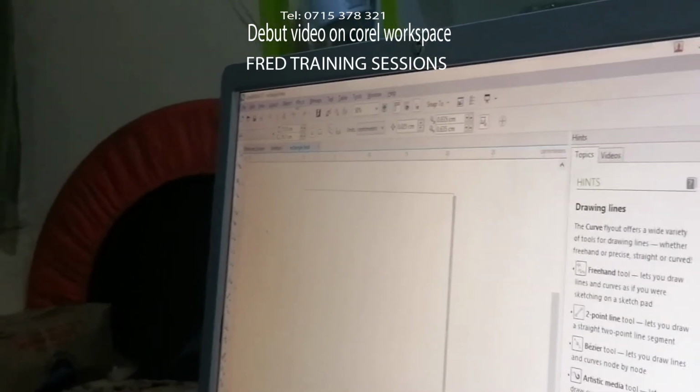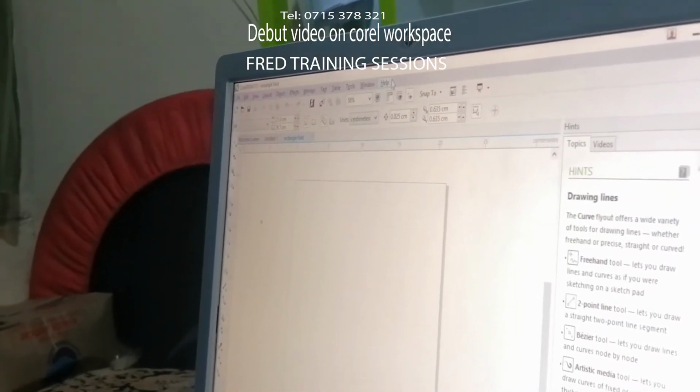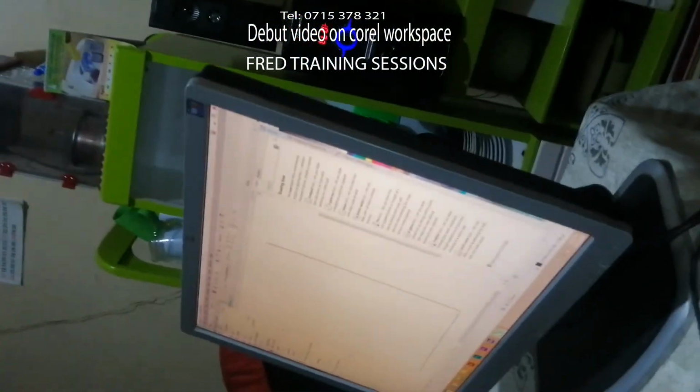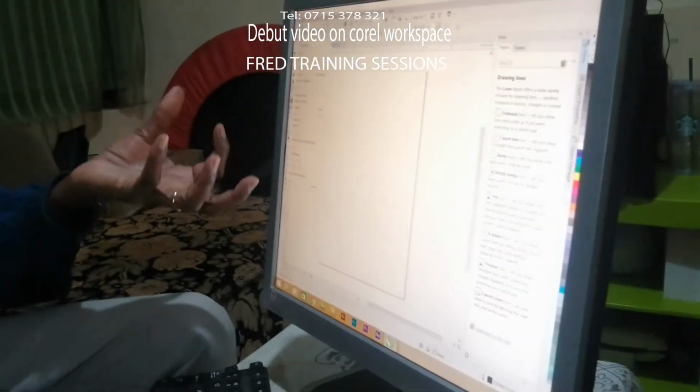For example, if you are to choose File, it opens into other dialog boxes and connotations that will particularly lead to particular instructions on whatever task you may want to carry. For example, if you open File and you choose New, it means that you are going to repeat the same process that we have come through. If you choose New from Templates, this one now will be another form of new, but from a particular template, from the inbuilt